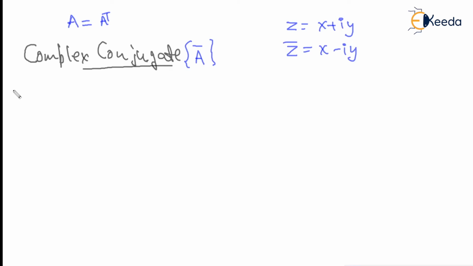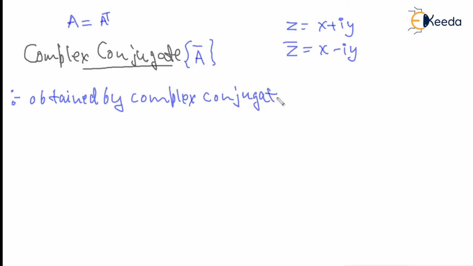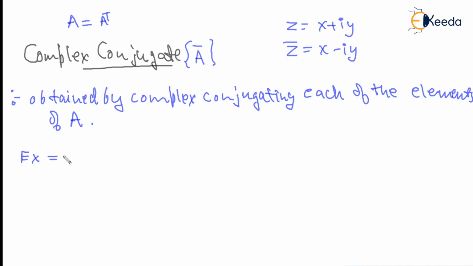So this is obtained by complex conjugating each of the elements of A. Obviously, if this A is an imaginary or complex matrix, for example, if we have, let's say,